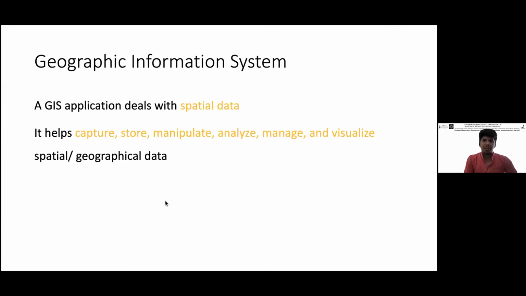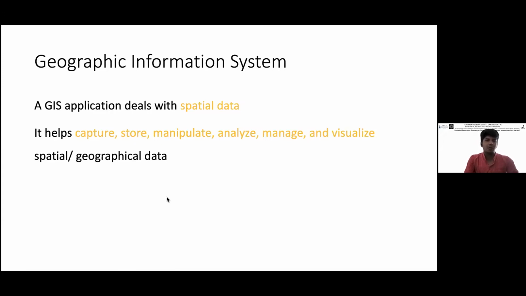The most basic thing, I think most of you must be aware what a geographical information system is, because we roam with this system in our hands when we use our smartphones. Each of us uses Google Maps to basically find out where the best biryani can be found, or where you can go for cycling, or which is the best location to meet your friends. So we know how to use a map, and it's nothing. Using any map is like using a GIS system.